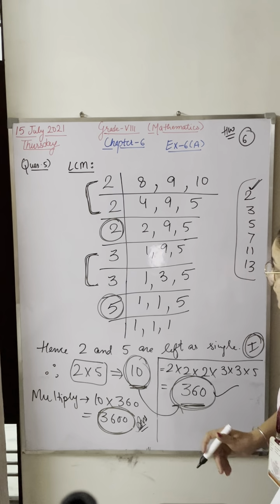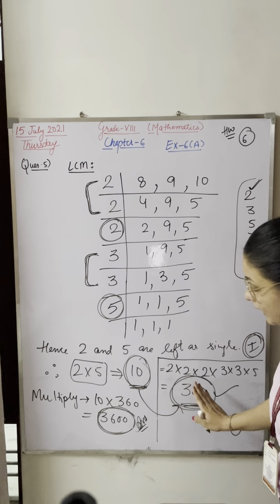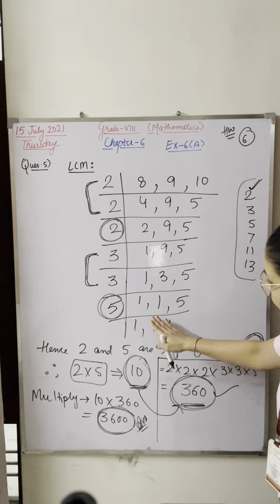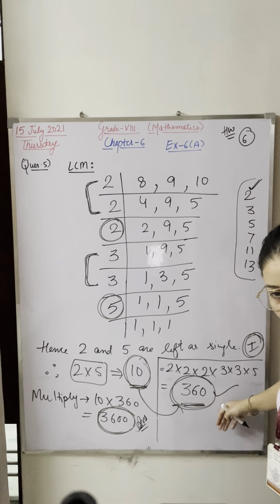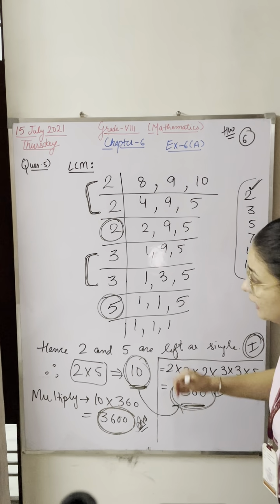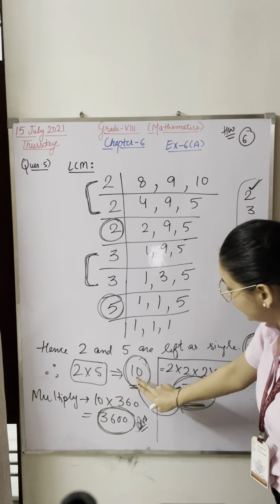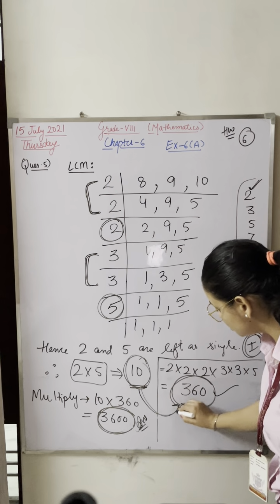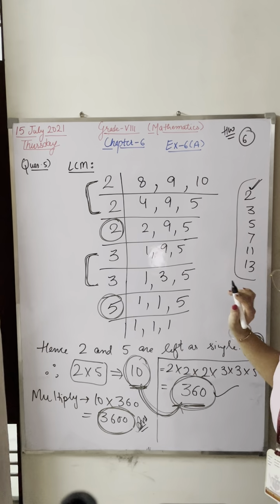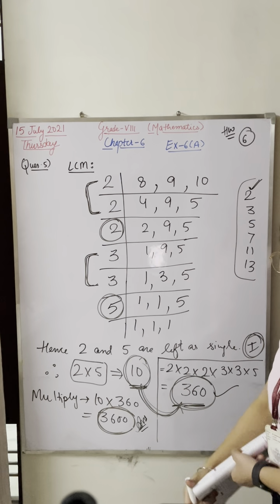Yes, Tushika, yes. So you have to do this question in two steps. After taking out the LCM, first of all multiply all these numbers like I did here. Then you have to pick those numbers which are left as single. Then multiply that. At the last, go for the multiplication of these 2 answers. That's it. Then your answer will be complete. Yes, Simarpreet. Yes, sure.